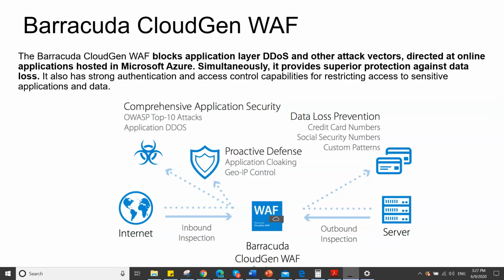Because if something goes wrong and your application firewall is down, then all the traffic comes inside and it may attack at that point of time. So they don't want to take any risk. The guys who are dealing with the business of millions of dollars or billions of dollars don't take even 0.0001% of the risk. So in that case, you have to set up your own web application firewall with multiple servers, maybe to bring 11 nines of SLA, with very, very minimal chances of downtime. That is where you can use Barracuda CloudGen web application firewall.